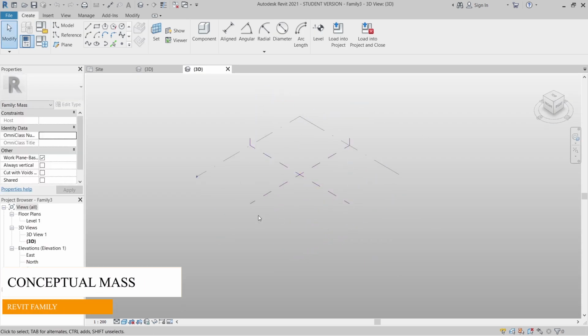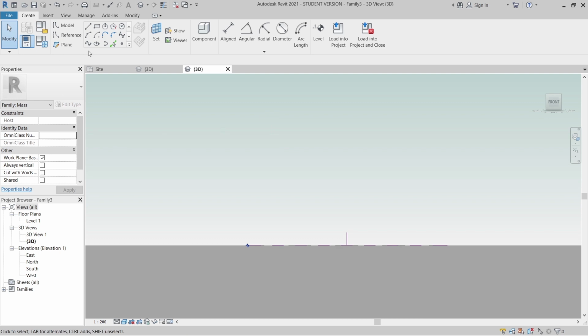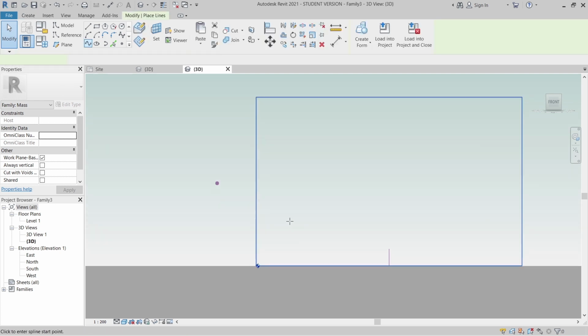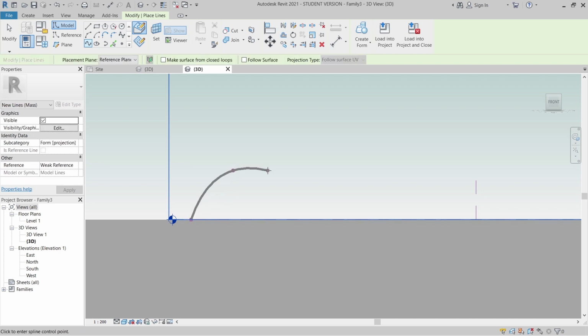First thing, when I open my concept zoom mask interface, I would like to set a plane for vertical first. I just check Show Work Plane. Is everything in the correct position? So I can start from the front here. Then I can just use the line through points. I will draw it out like this. Just draw it out in whatever shape that you want.